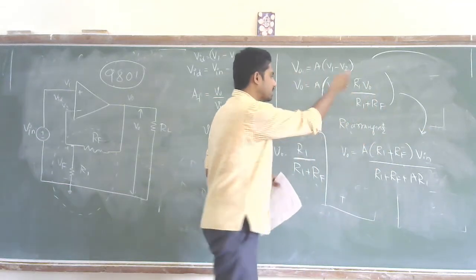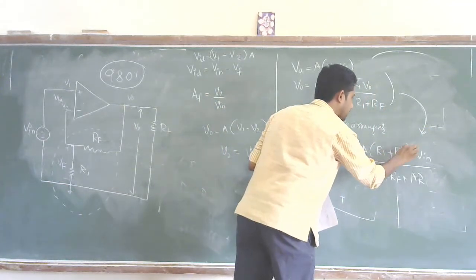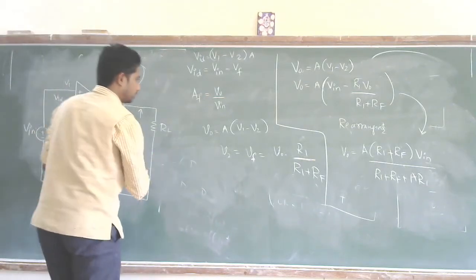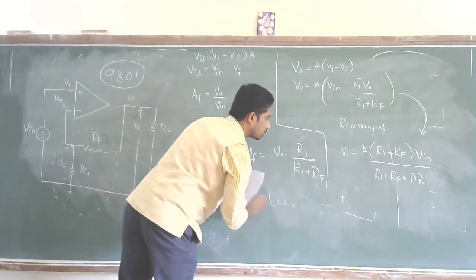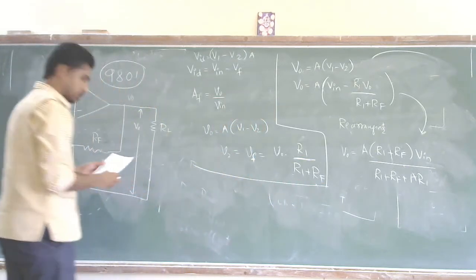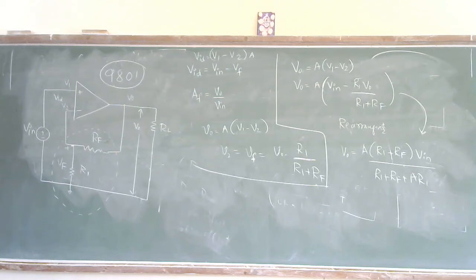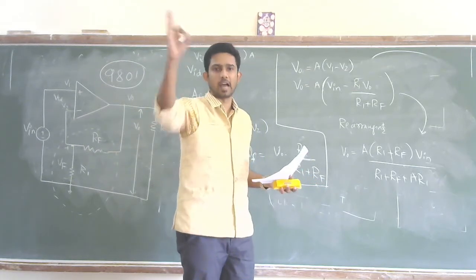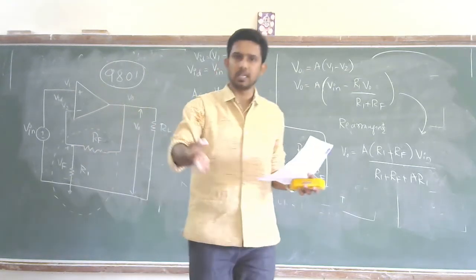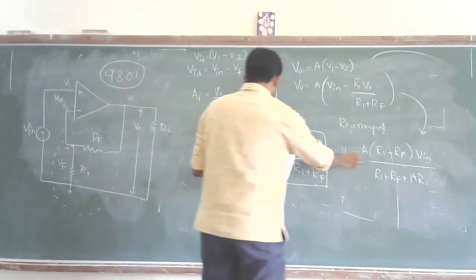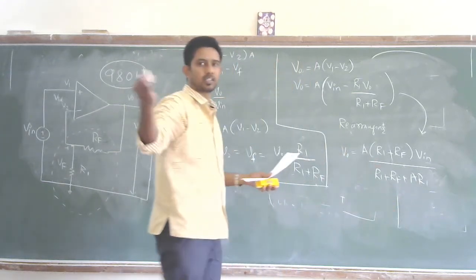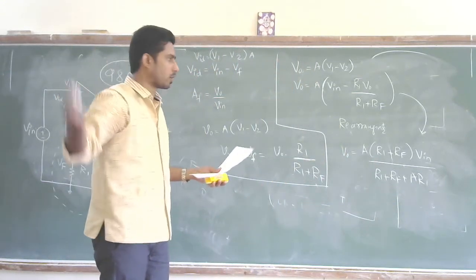If I try to rearrange, I'm going to obtain this form of equation. Now from this, let's move ahead. Usually the gain of an op-amp is very, very large. That's the thing that we have seen in our previous classes also. So A will be very, very large, in the order of 10 raised to 5, 10 raised to 6, in terms of 10 mega ohms, 100 mega ohms.